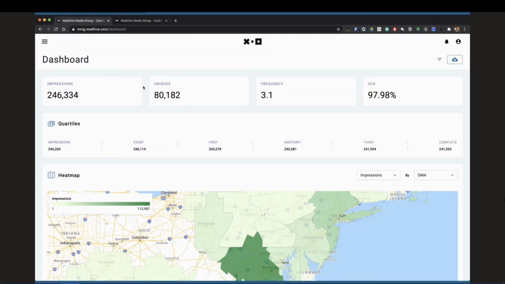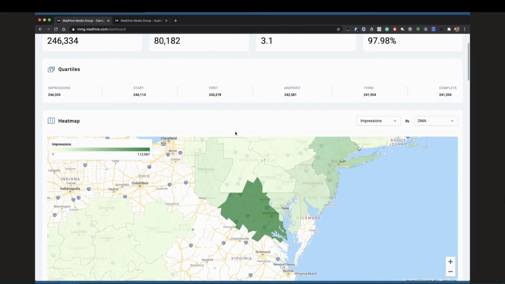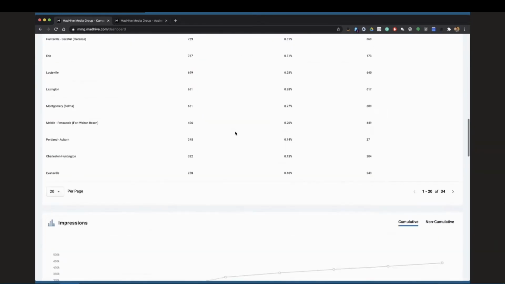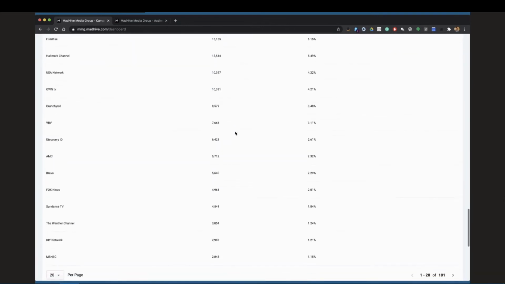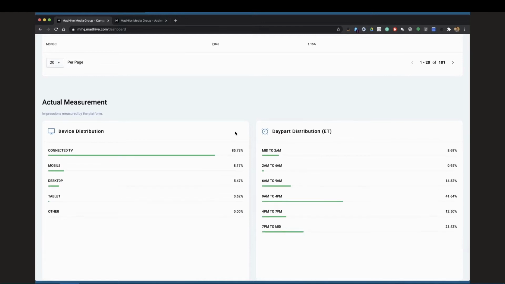All right, so here we're logged into the MadHive platform. To orient ourselves, on login is our delivery dashboard. It shows a snapshot in time of recent campaigns that have run or are running. We also show a number of top-line metrics for the campaign managers that would like to see, as well as visualize it nicely across DMA, state, and zip. For today's purpose, and as an example, we're logged into the MadHive Sellers Organization.